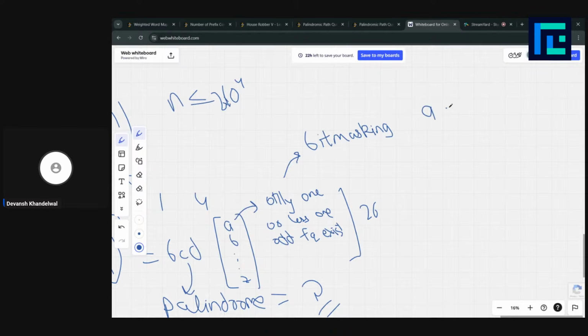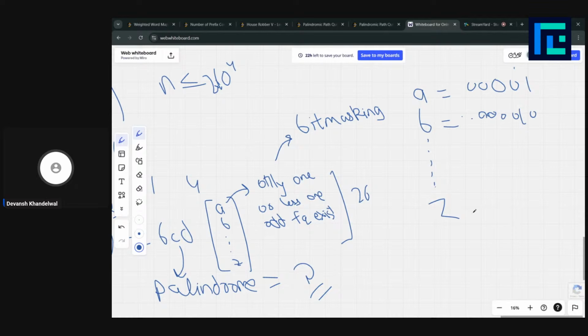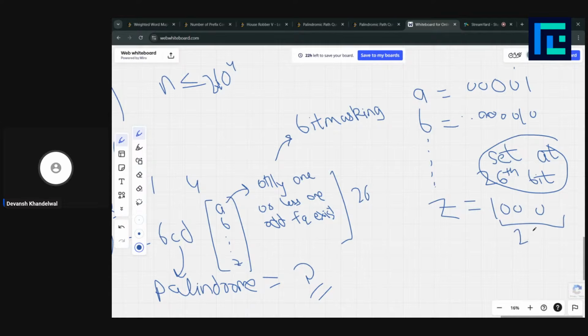We masked A as set bit of the first bit, that is 1 0 0 0 0, and we masked B as set bit of the second bit, 0 1 0 0 0, and similarly we go on till the character Z, and Z is set at the 26th bit. So this would be a 1 with 25 zeros.